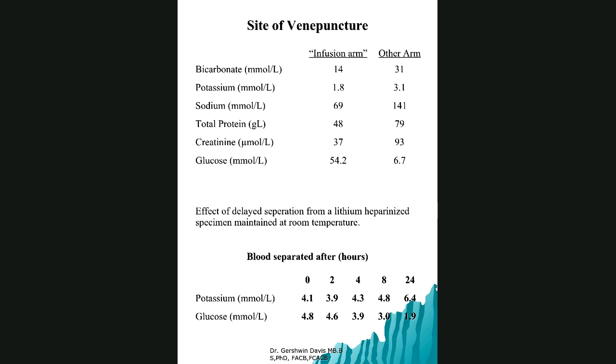That's the point. Glucose, I think everybody knows what's happening with glucose, right? Glycolysis is taking place, so it's dropping from 6.3 to 3.9 to 3. Okay, so that's clear. But again, use your common sense. If you have a point-of-care instrument with a finger stick, then this doesn't matter, isn't it? This is using a tube, and that's why you need to have your fluoride and your oxalate, isn't it? So if you don't have fluoride and oxalate, look what's happening here. The red cells are using glycolysis. So we can move on.